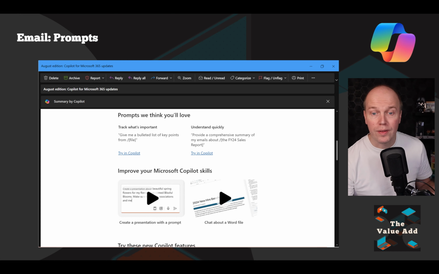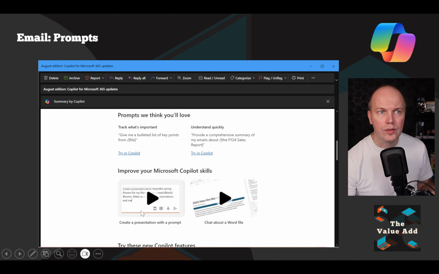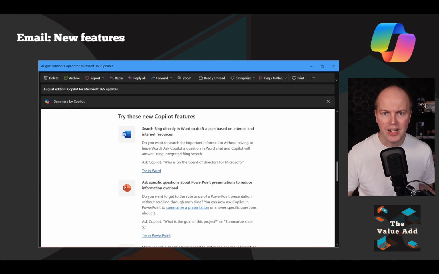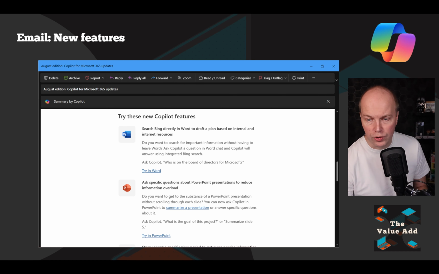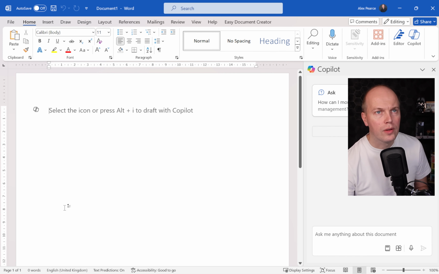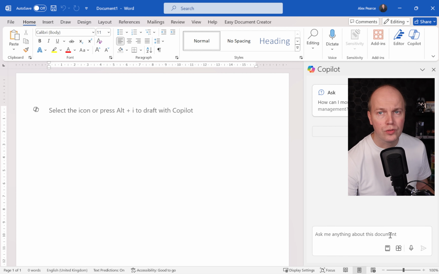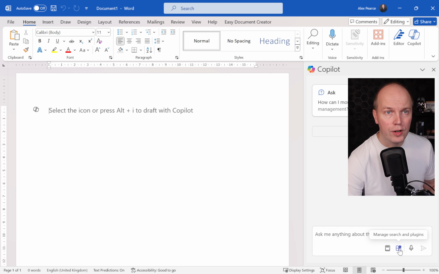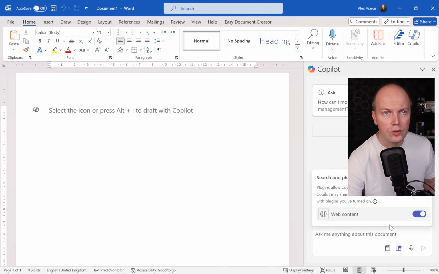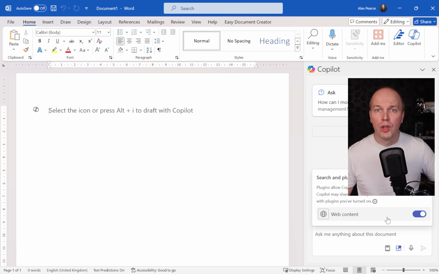But one of the key updates is the ability to bring in Bing information. What's held inside that Bing index to make those Bing search results, that content can now be brought into both Word and PowerPoint. So if I go into Word, sorry, here, what you will see is I've got a blank file. And if I say, ask me something about this document, or I wanted to create some information about this document, if I go into my manage search and plugins, one of these by default is now web content. So if I did this in PowerPoint and asked it to create me a slide based on the Roman history,